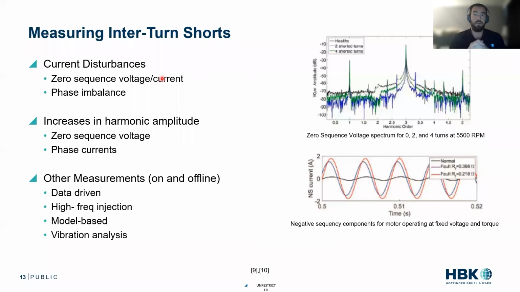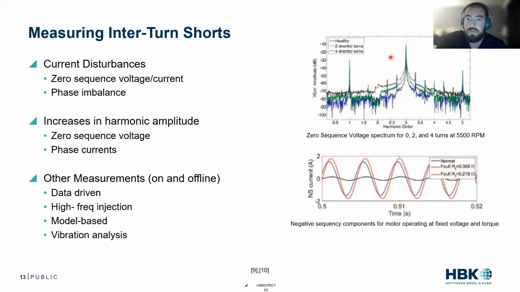So you do a mathematical transform, which is pretty simple. We can do it in our software to look at what is basically the effective neutral current, and then look at imbalances in that zero sequence. What I have here is an example of, as we have shorted turns, and the resolution on this is poor, I apologize. As we have shorted turns, we can actually see the amplitude of our